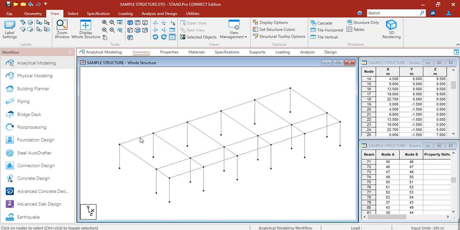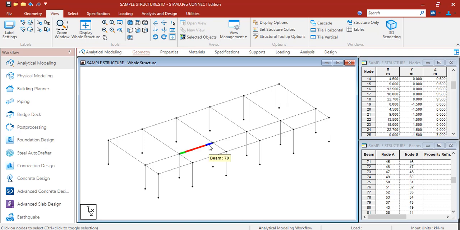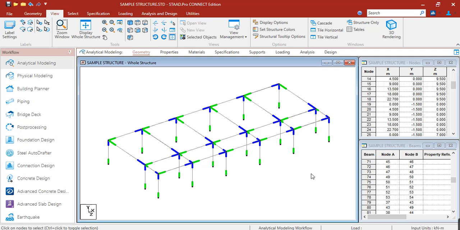These colors, green and blue, are the beam incidences of your member. If you want to show all the beam incidences, just click Shift E. Then we can see the individual beam incidences of the members.